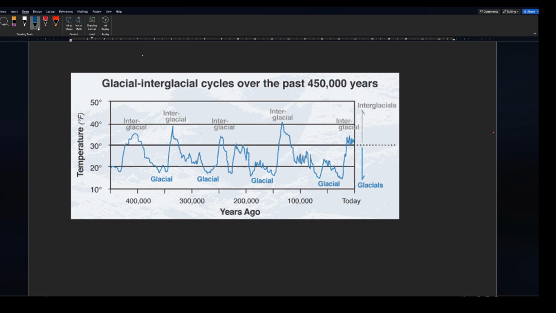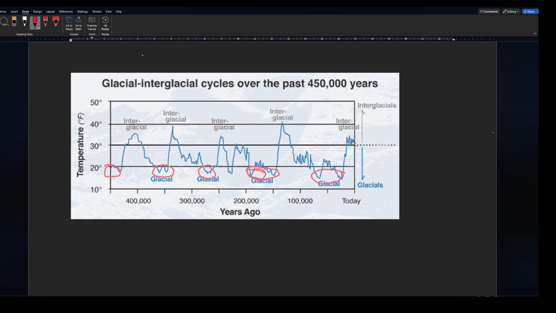So if you look here, here, here, and here, these are the last 5 major ice ages that we've had. Oh, these two should be combined actually. Those are the last 5 major ice ages that we've had. Those are the high glacial periods in the last 450,000 years. And then, as I said, naturally as the Earth warms up, we get into the interglacial, or the much less ice.